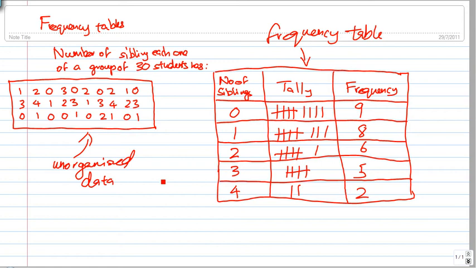Right, we've spoken about frequency tables. This was in one of my previous recordings. I actually wrote an exemplary question of how to answer a frequency table sort of question. Typically what they do is they give you a bunch of unorganized data, and